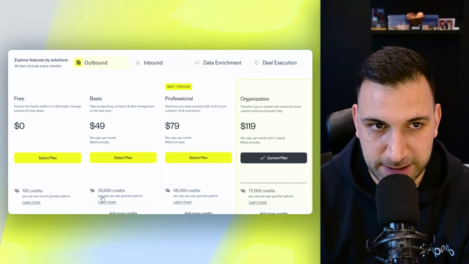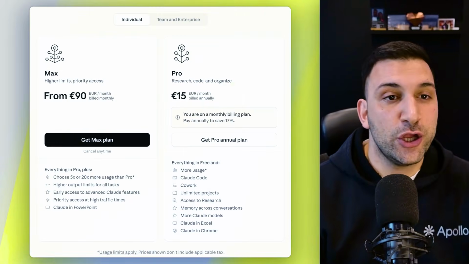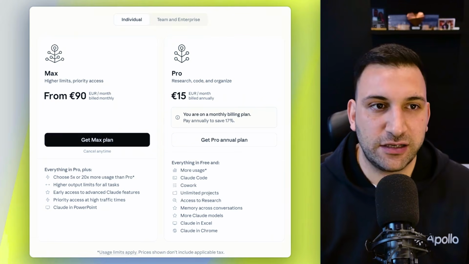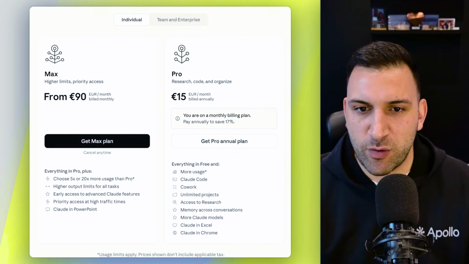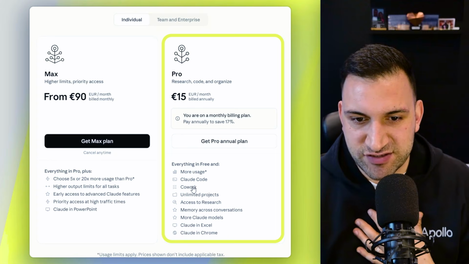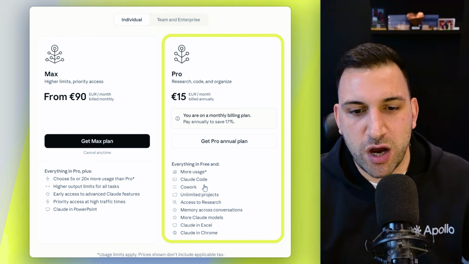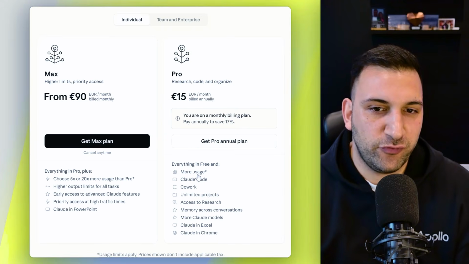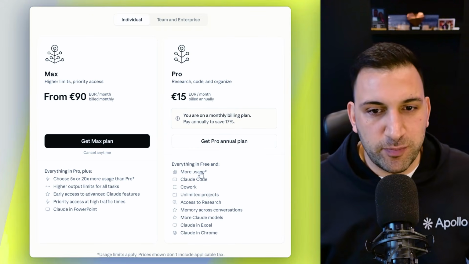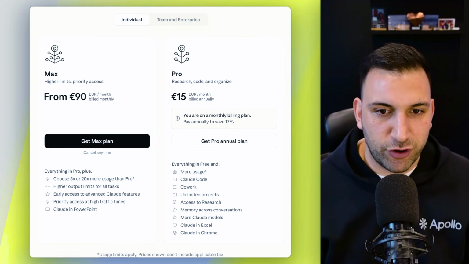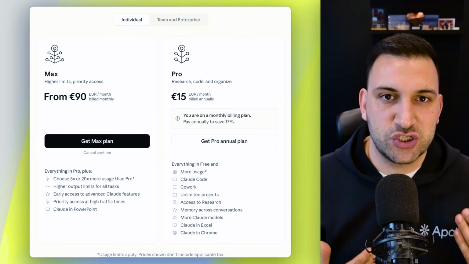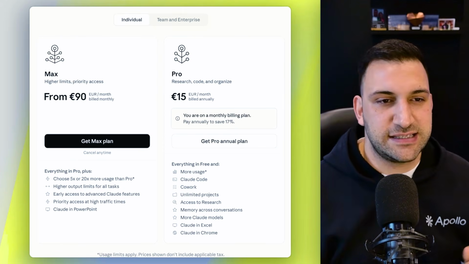It's insane. Once you've got your Apollo set up, you want to move over to Claude.ai. You can use MCP or connectors on the free plan of Claude. However, I'm on the pro plan that gives me obviously more usage, Claude Code, Claude Cowork, and so many other phenomenal things. So if it is within your budget, go ahead and just get the pro plan because you won't have any restrictions or limitations to an extent on the pro plan. So that's always good to have.